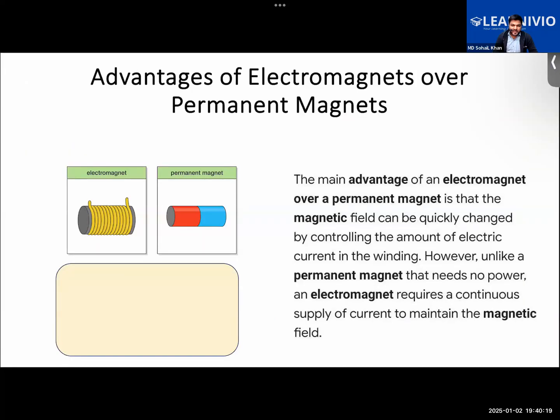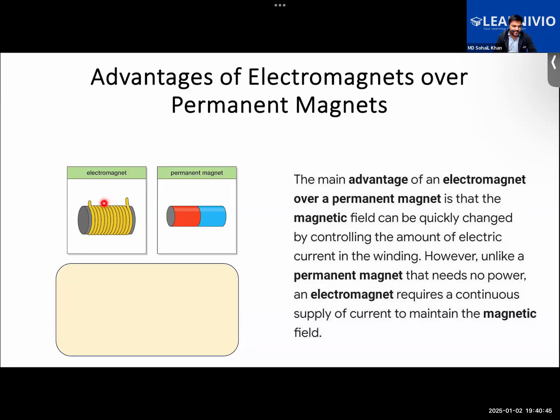Then this electromagnet has some advantage over the permanent magnets. Permanent magnets are the magnets that we obtain from nature. That is not created by us, right? And that is not artificial in nature. Getting it, Razan? In the case of this electromagnet, the advantage is that you can increase or decrease the